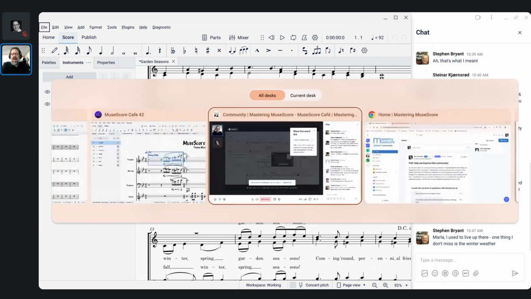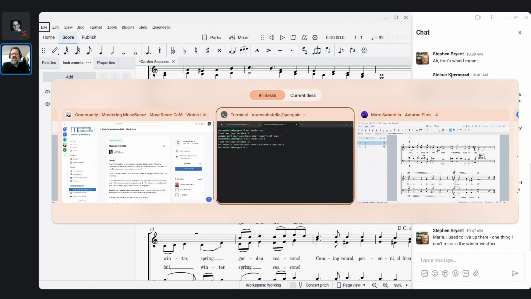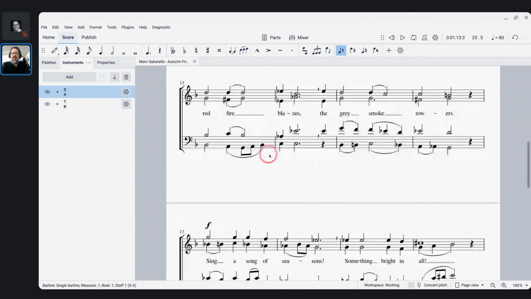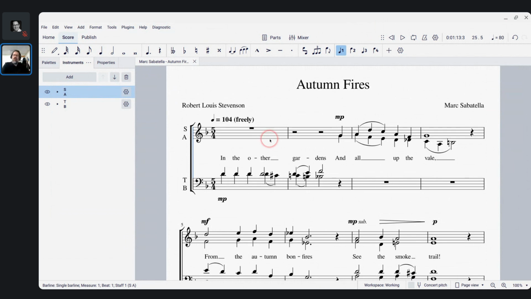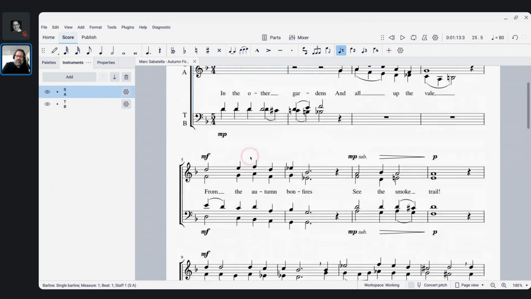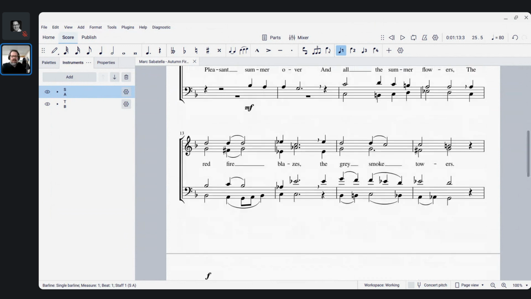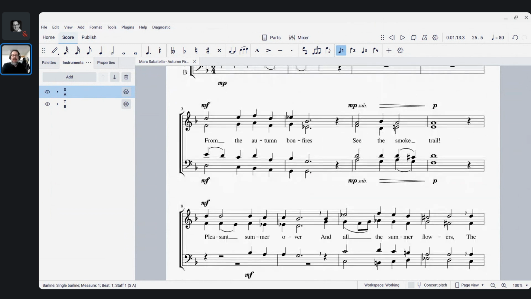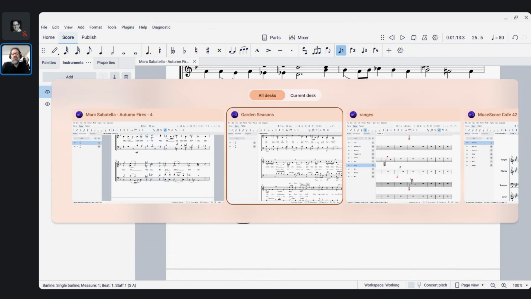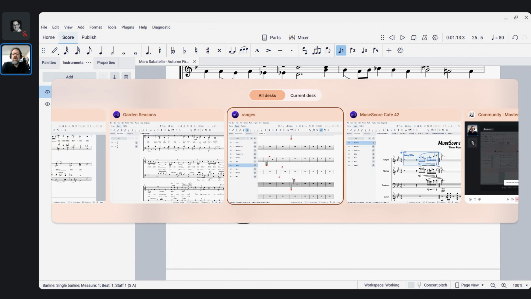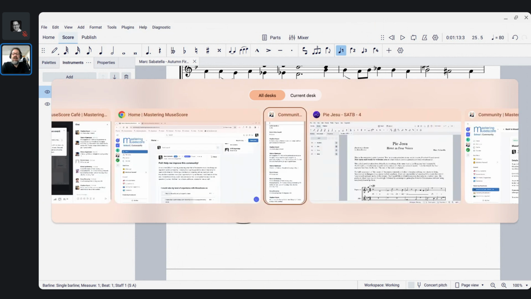Then we'll also look at this other piece that I've used as a demo for other purposes, and this is another closed score format piece. I don't know that there's really anything in particular in this that we need to be looking at, but if it comes up, I will refer to it. But then I want to show you at least one open score format piece, and that is going to be